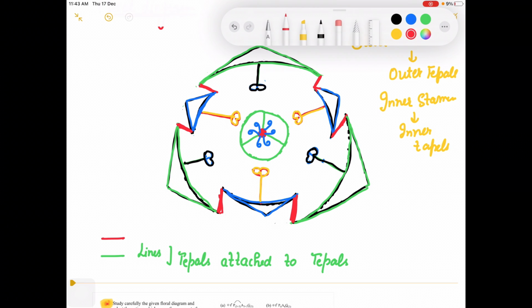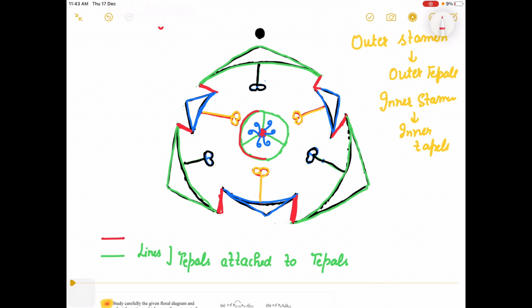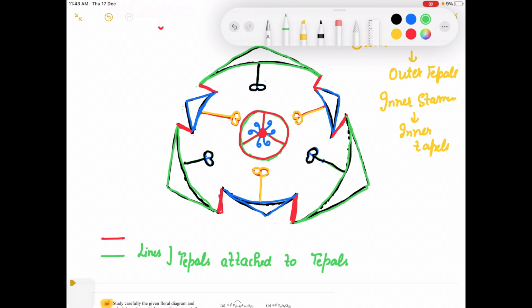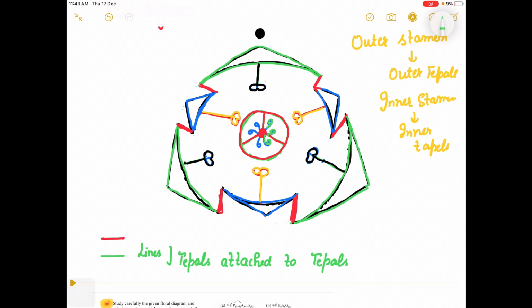Now let's move to your ovary part. This is our internal one, and here 3 partitions, tricarpellary, placenta, and now place the ovules. 2 ovules in each partition. You have to be careful, and this is our mother axis. So here we are complete with our diagram of your Liliaceae family, right? Fine.